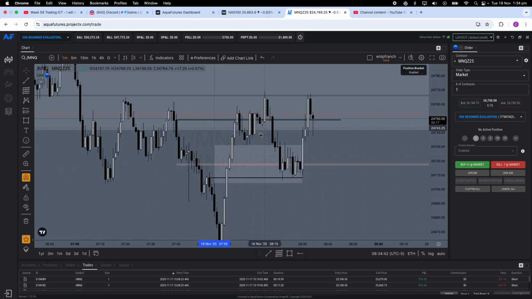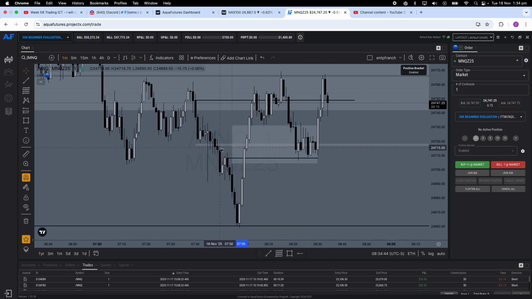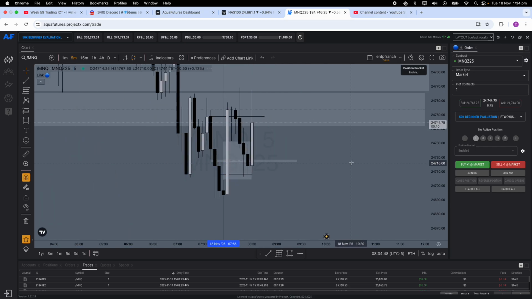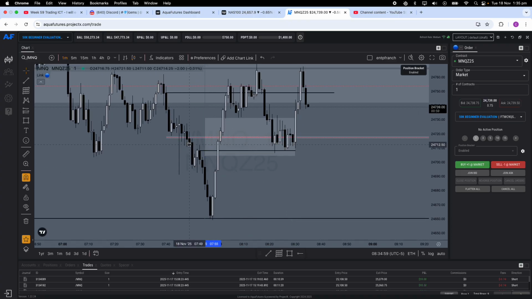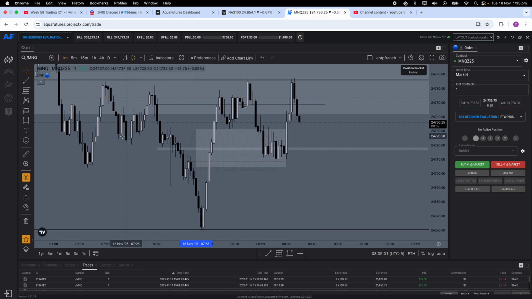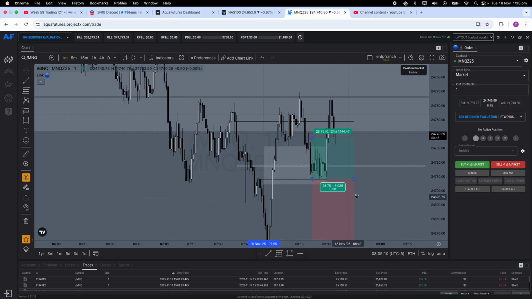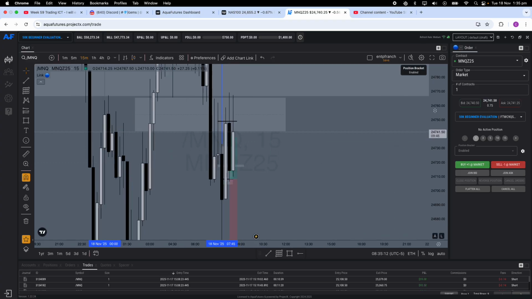So obviously this has already been taken, so it's not that great. You also don't get a breaker touch, and we close above. So technically longs are still on after we take this, because we close above the 5 minute, so a retracement is valid. Where we're going to retrace to, likely the 1 minute CSD. So instead of taking a trade like this on the CSD, having a stop all the way down here,